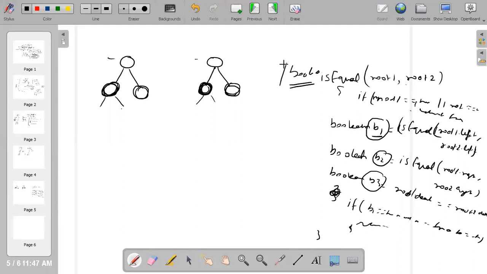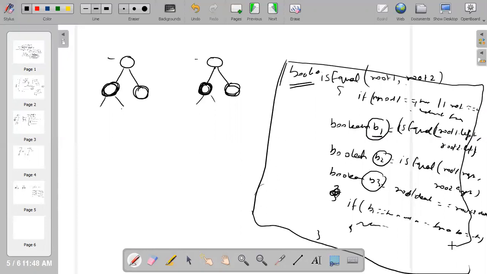That's it. Just give a try, maybe some modification will be needed, but it will be sorted. That's what is needed, right? So my hypothesis is I need to check this tree and this tree is equal or not. If left of root and right of root is equal to left of root and right of root, and this data is equal to this data, then obviously these two trees are equal. No need to traverse everywhere, right?